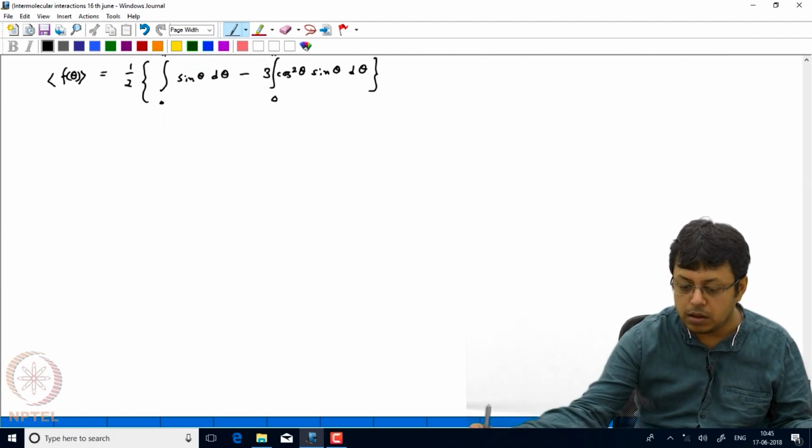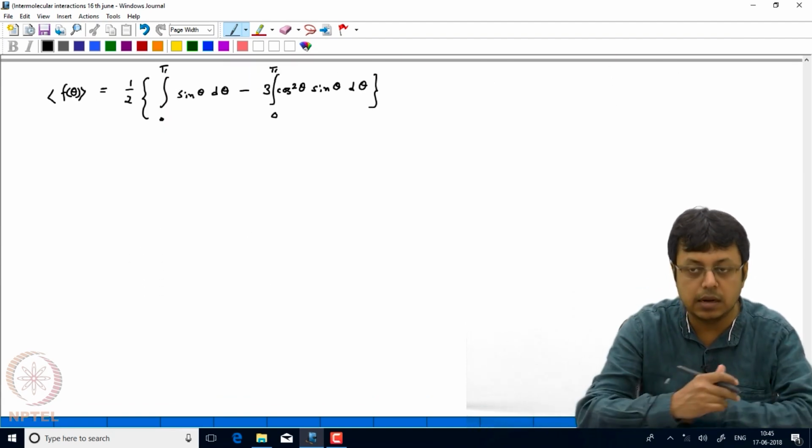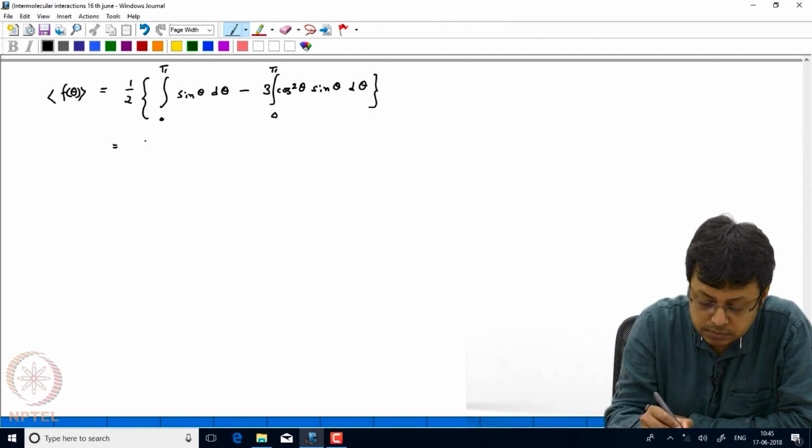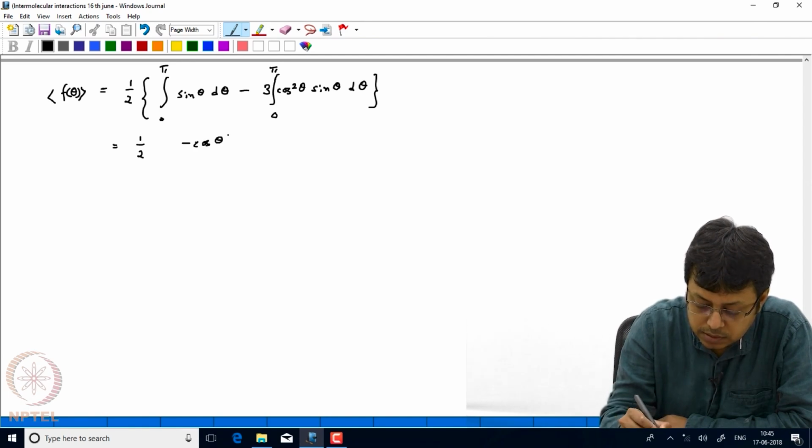Now you can look at it. Sin theta d theta integrates to minus cos theta, so it is half of minus cos theta, evaluated between 0 and pi,